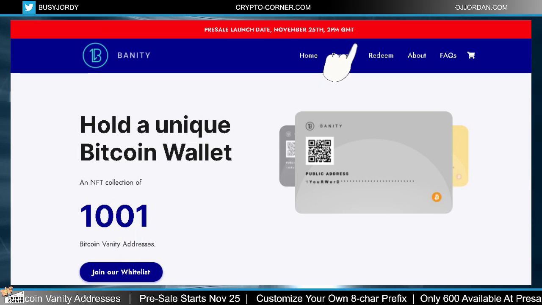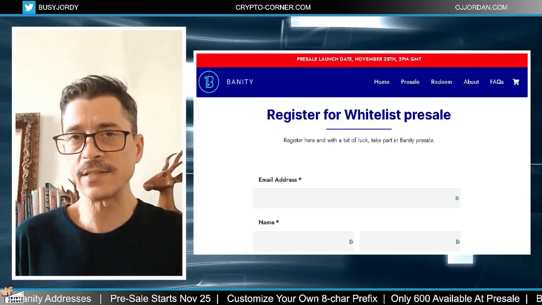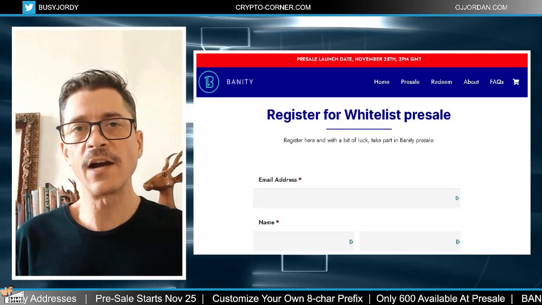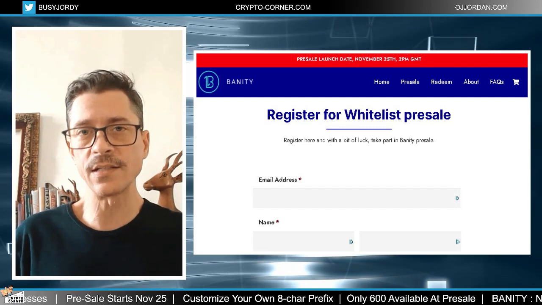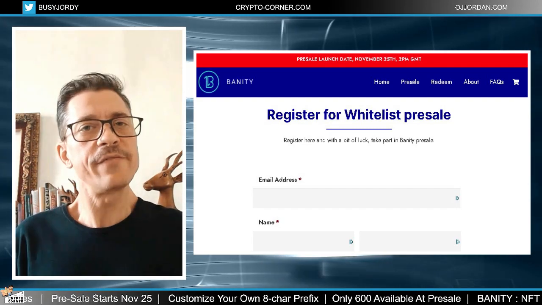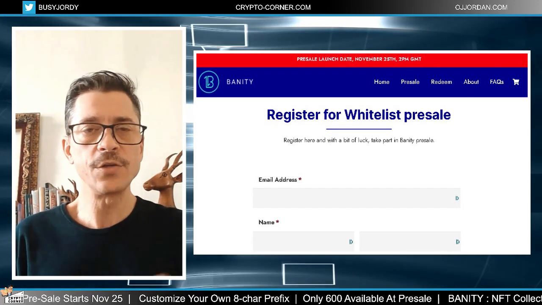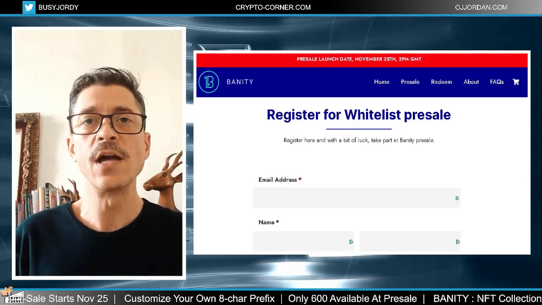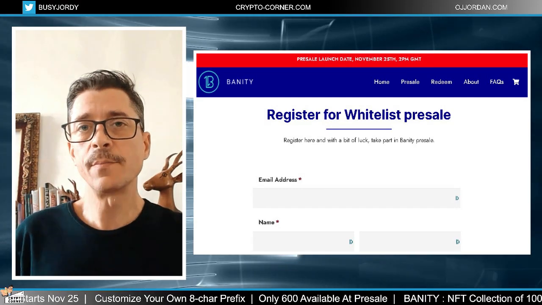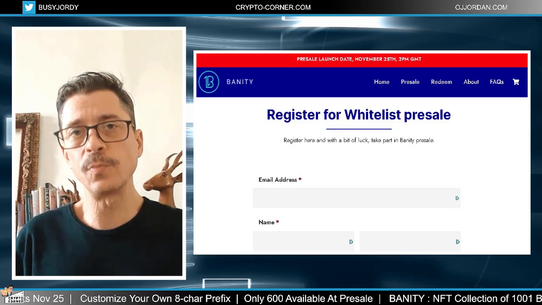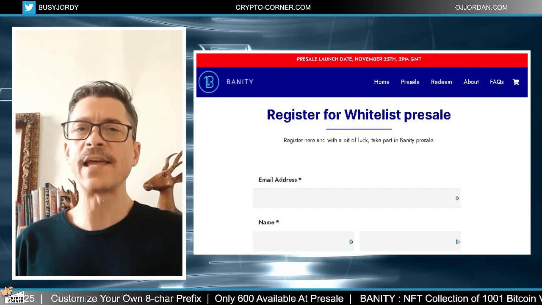And the search for the 8-character Vanity addresses begins on the 25th of November until the 600 prefixes are found. The maximum search duration is set at 7 days, meaning until December the 3rd. All prefixes found will be included in the silver card collection. The sooner you register for the whitelist pre-sale, the higher up you stand in line to get a Vanity address. The Banity collection does not contain duplicate prefixes, so to secure your desired Vanity address, I'd say it's best to